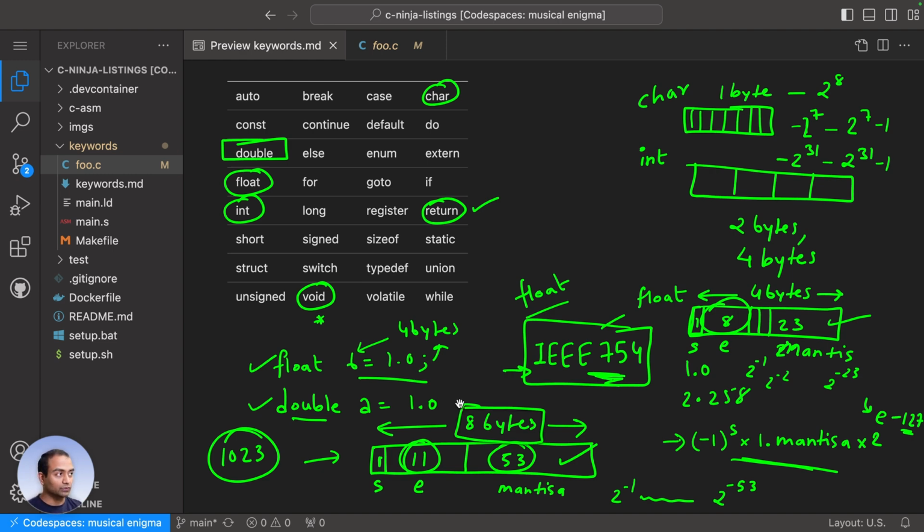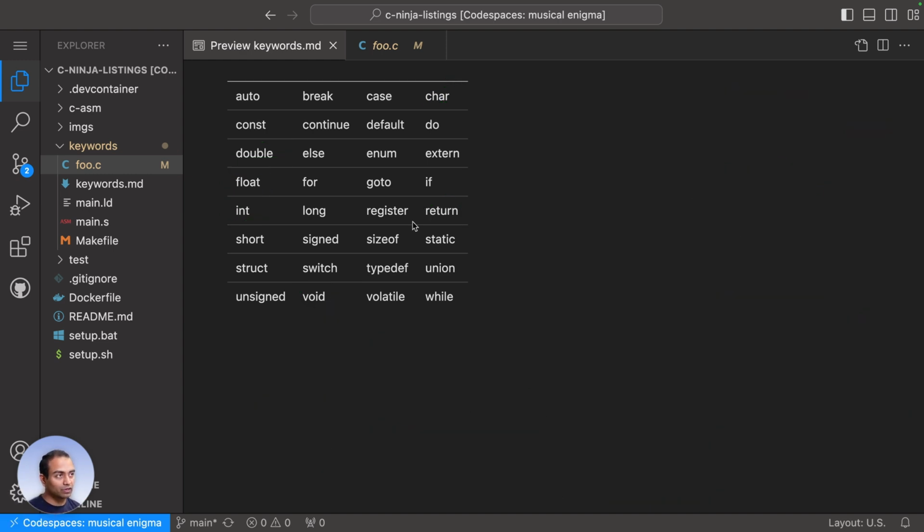All right, so if this much made sense so far, let me cross out keywords that we have understood or taken a look at. Char, we have taken a look at that. Double, float, int, return, void, kind of. So we are pretty much done with, I don't know, 1, 2, 3, 4, 5, 6 keywords down, and we are left with about